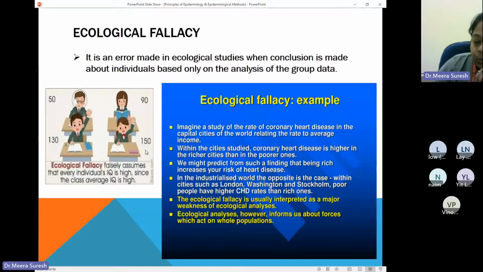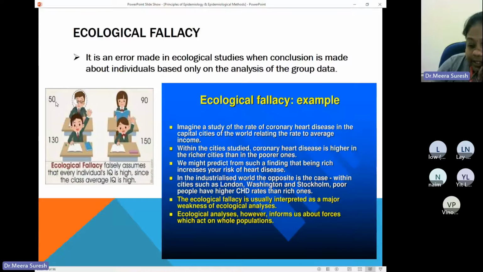So the average IQ will be higher because of these extreme high values. If we take the average IQ of students in that class, it will be higher, maybe around 90, 100, which is not very high, but still a high IQ. But if you assume that all the students in that class have an average IQ of 90, 100, we are making a wrong assumption, because there may be individual students who have very low IQ. So that is actually ecological fallacy.